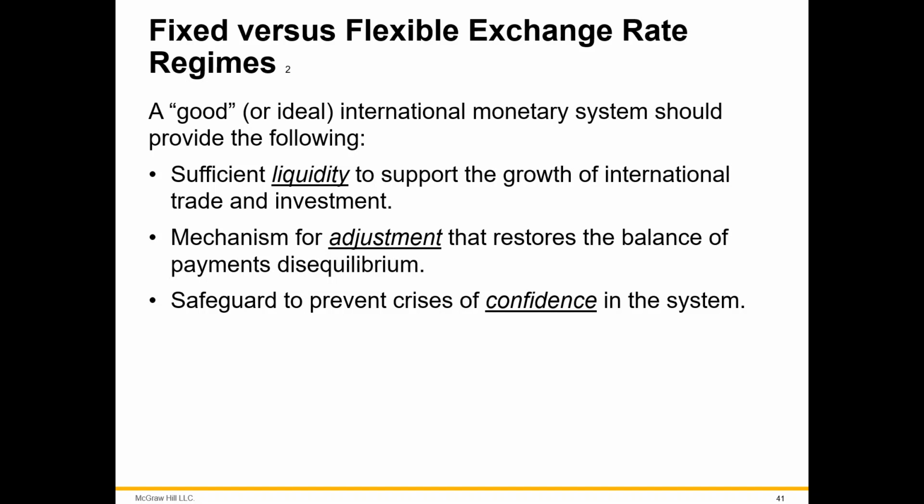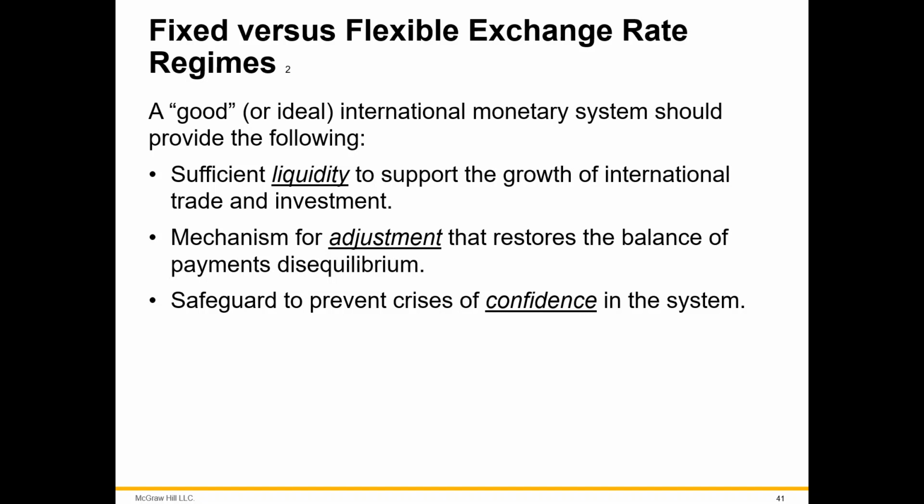You would just sell your local currency to buy dollars, and then sell the dollars to buy this other currency, and route through the dollar or route through the euro. And so an international monetary system that provides that liquidity is very valuable to international exchange and economic development.